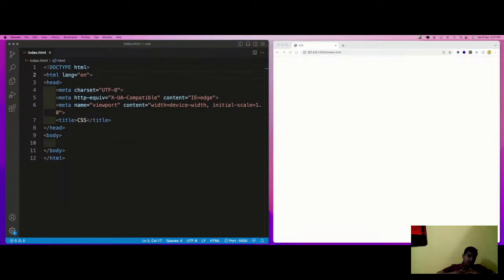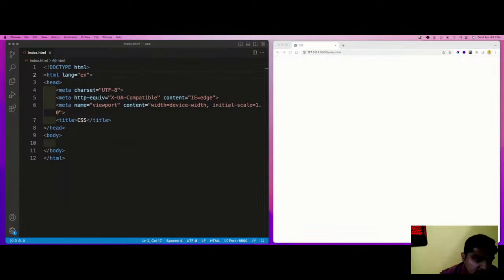In 2015, a major upgrade happened where CSS Grid and CSS Flexbox came into existence to make the web page responsive.